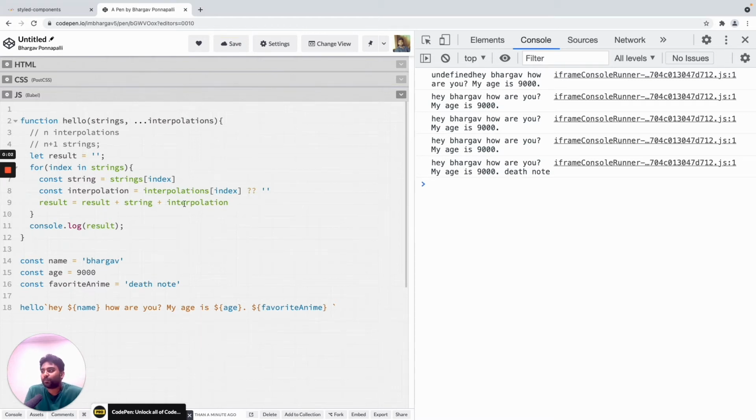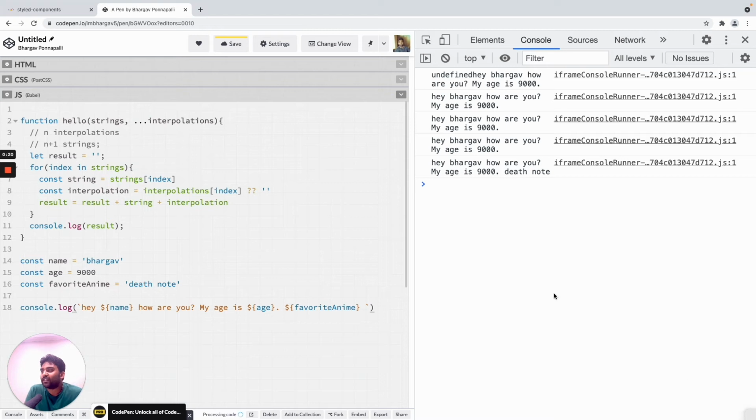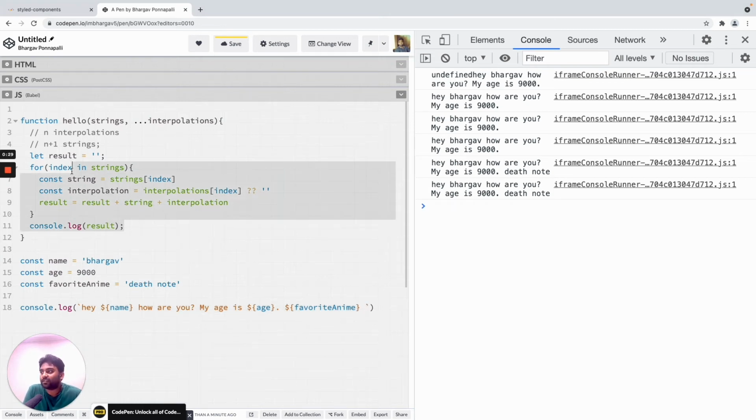So what was the point of showing all of this? Is there any use case for that? Well, basically the point of this is that this function here is what is actually happening when you just do this. So when you don't use a function and just do console.log and this, what is actually happening behind the scenes is that when you simply use backticks without any function call, there is a default function internally which simply joins all the strings and interpolations together, concatenates them and prints the output to the screen.